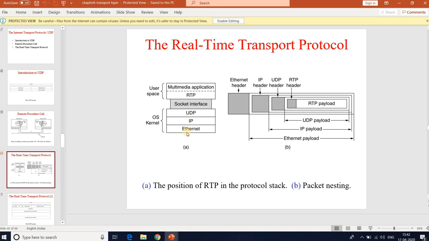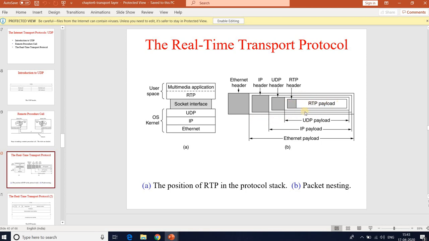The basic function of RTP is to multiplex several real-time data streams onto a single stream of UDP packets. The UDP stream can be sent to a single destination or multiple destinations.